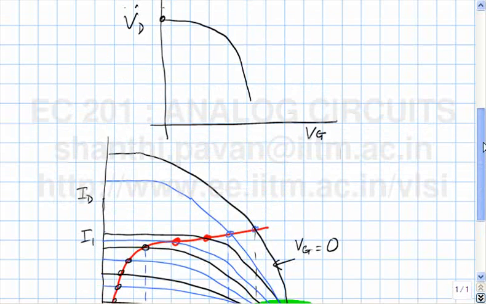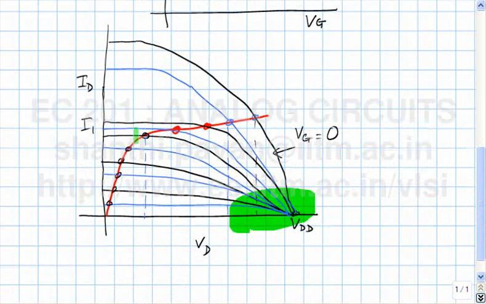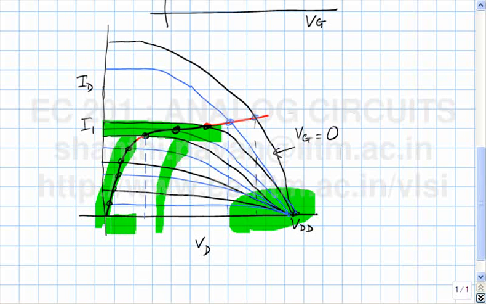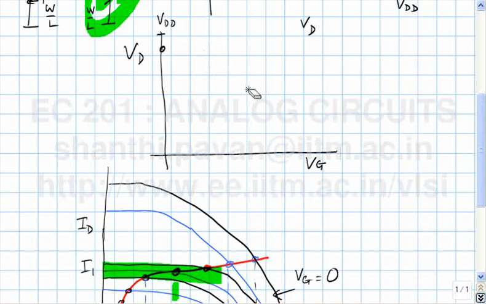So initially the output voltage will change slowly because the PMOS transistor is in saturation. Then it will fall very rapidly because both the transistors are in saturation, then what happens? If Vg is increased beyond this value, you see that the NMOS transistor is in triode, and even a large change in the Vg corresponding to all these curves results only in a small change in the output voltage. So if I plot the complete characteristic, it will look like,